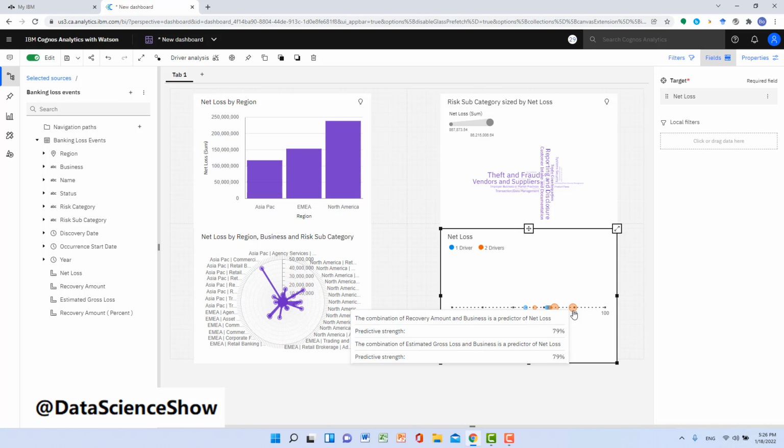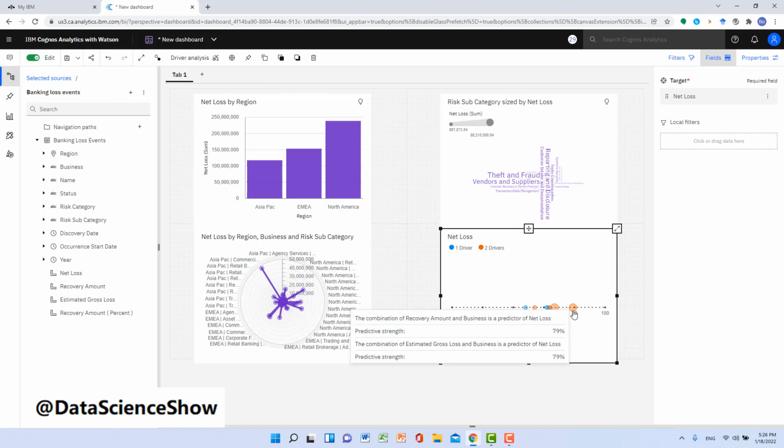So you can see the combination of recovery amount and business is a predictor of net loss for the future. These two factors together can predict about 80% of the net loss for the future.